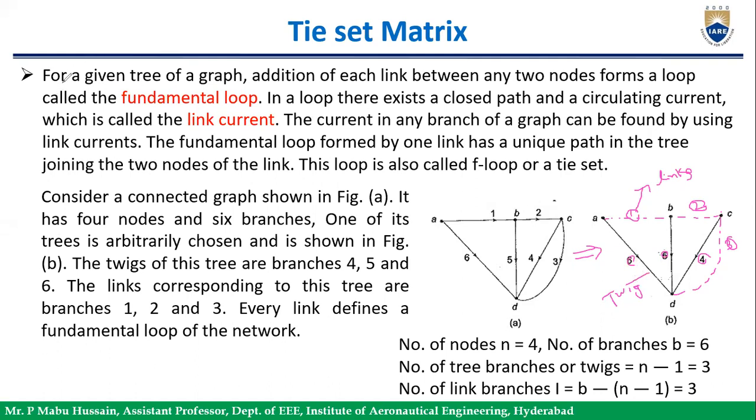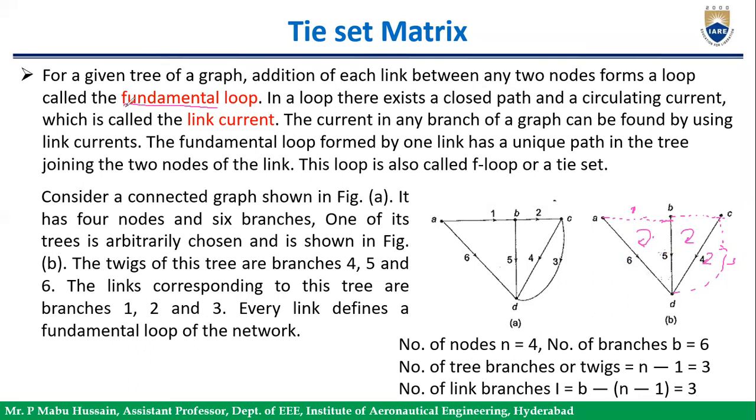Now for a given tree of a graph, if you add a link between any two nodes, it forms a closed loop. From this tree, if you add a link here, that link is 1. If you add this, you get one closed loop. If you add another link between these two nodes, you get another loop. And if you add a third link, link 3, here also you will get another loop. Now each of these loops is called the